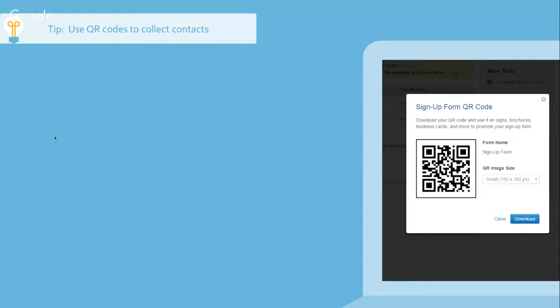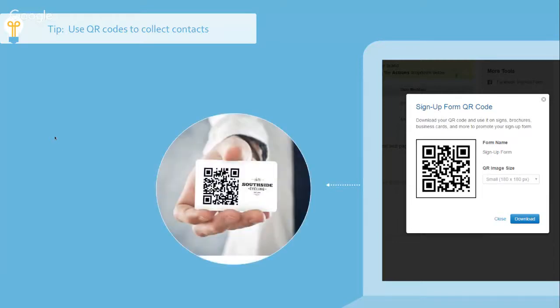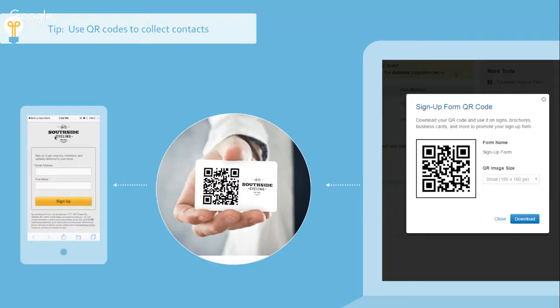You can put it in a brochure if it's easier for people to connect that way. And it actually would be a little bit easier if they were just trying to join your email list rather than going to the longer message. And then what happens, you just print that out. People type it, or people take a snapshot of it, and it takes them right to the sign up. Super simple, super easy. And it looks like Southside Cycling needs to charge their phone battery.